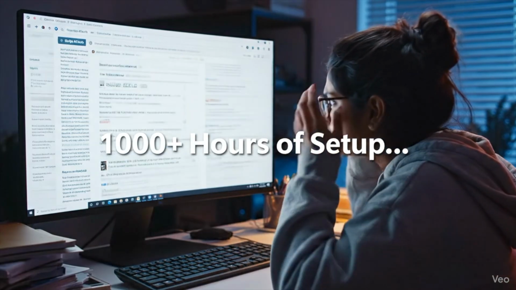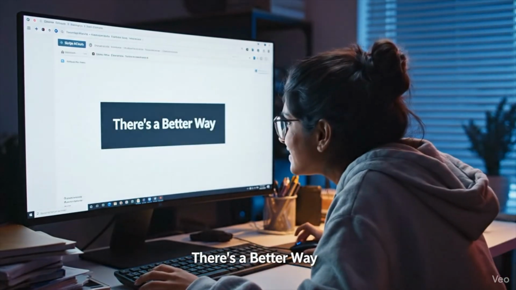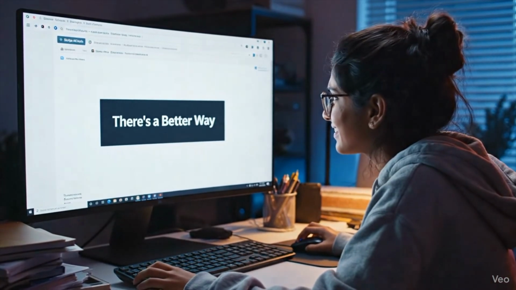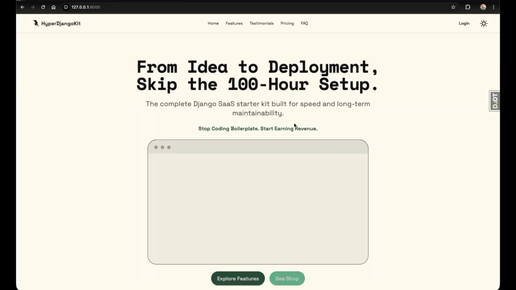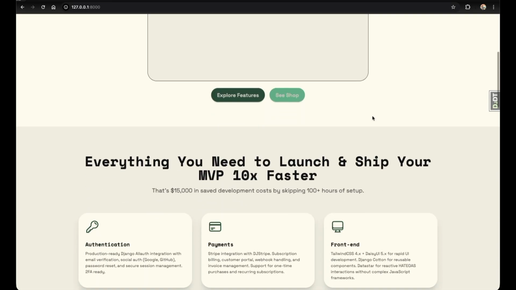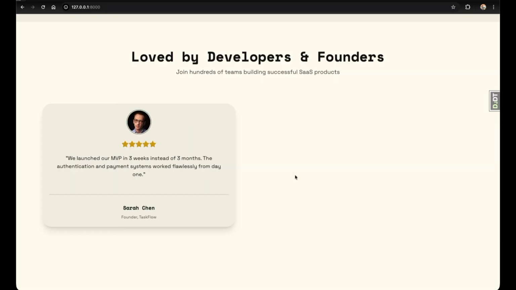Hey there, are you tired of spending hundreds of hours setting up the same authentication, payments, and user management for every new project? Well, what if I told you that there's a better way? Let me introduce you to HyperDjangoKit, a production-ready Django starter kit that combines SaaS subscription and e-commerce into one powerful